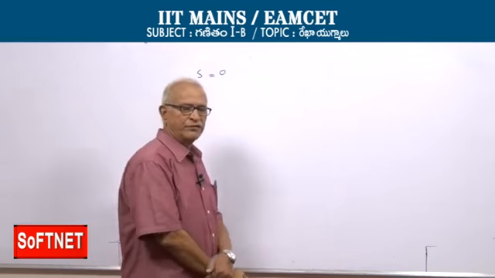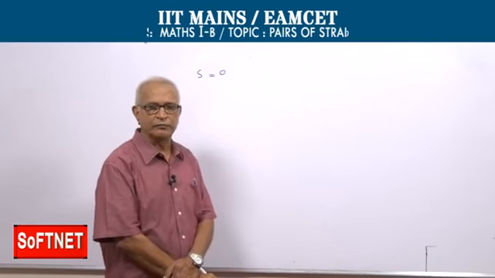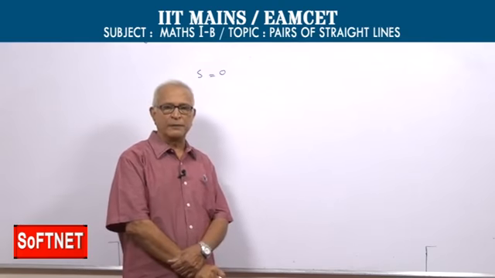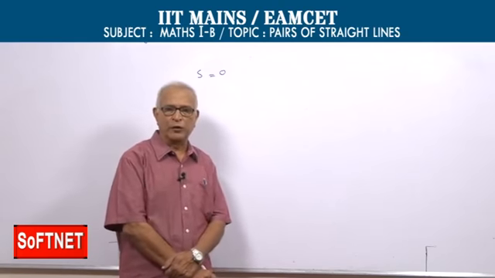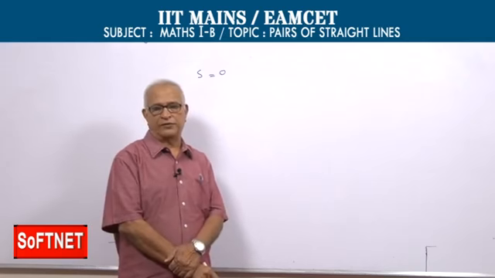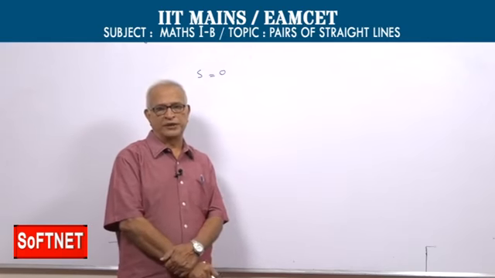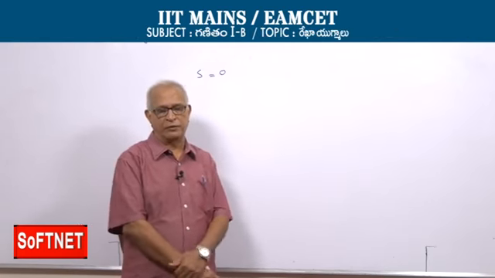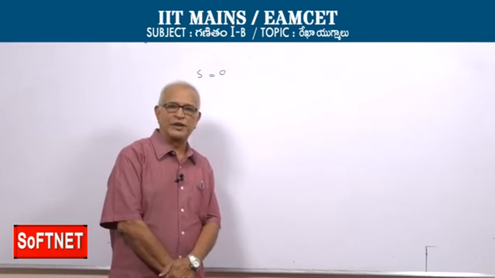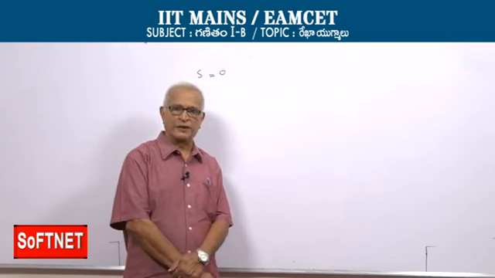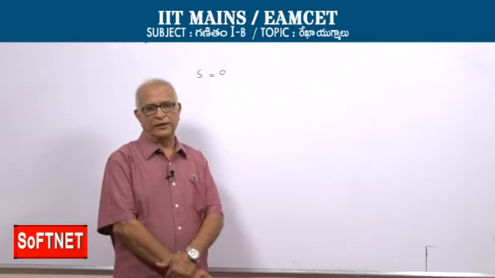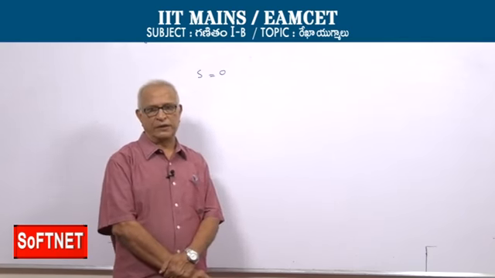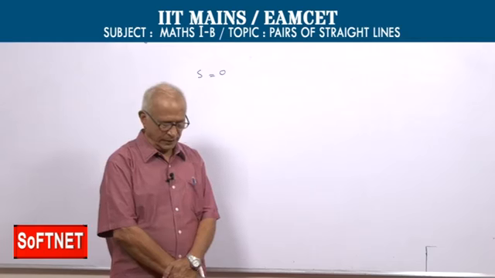that is the general equation of second degree in x and y, as already pointed out, this equation represents a pair of lines if and only if the two sets of conditions are satisfied. One is the discriminating cubic determinant a h g h b f g f c equal to 0, or abc plus 2fgh minus af square minus bg square minus ch square equal to 0, and the second set is h square greater than or equal to ab, g square greater than or equal to ac, and f square greater than or equal to bc.